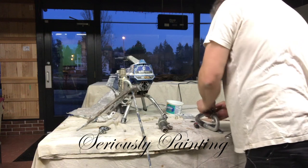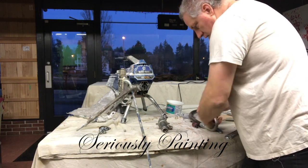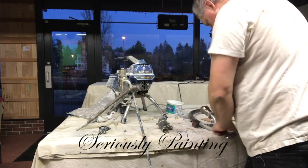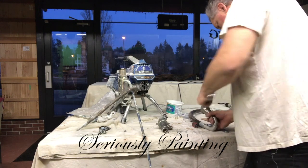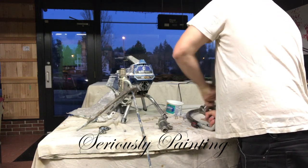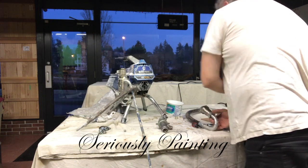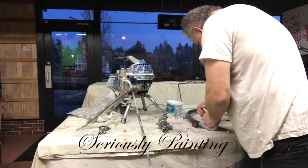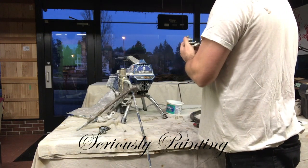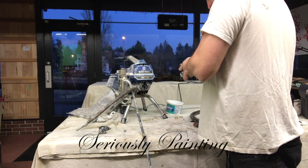Okay, now that you've replaced the pieces in the bottom, it's time to start assembling the different pieces. So again, all we need is a crescent wrench to get stuff tight enough. The siphon tube can go together, and then this piece here, with the machine I had,